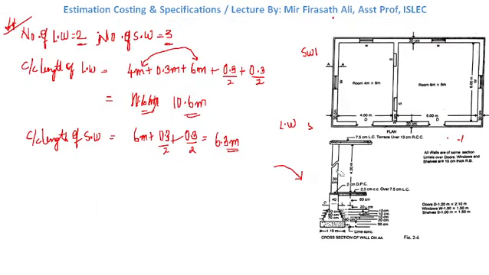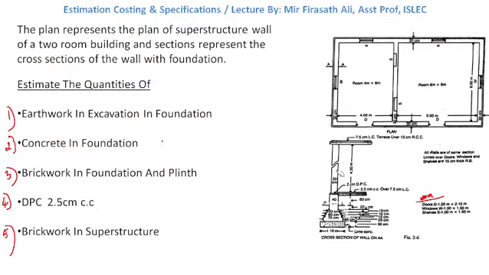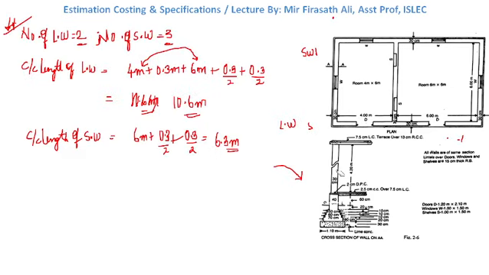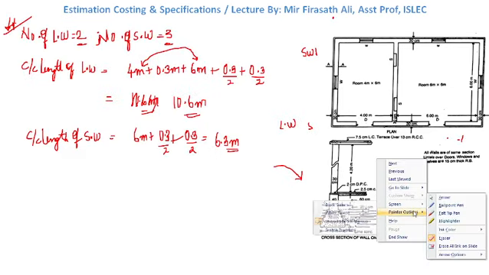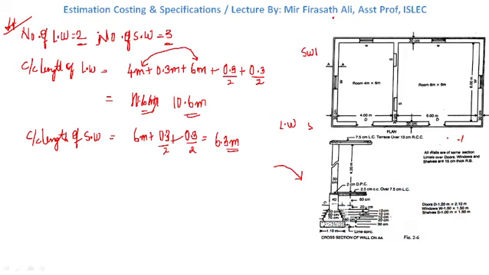After determining the concrete in foundation, our next step is to determine brickwork in foundation and plinth. This is somewhat hectic, somewhat complicated thing which you need to understand, as the width of the foundations continuously changes and you need to decide which is our first foundation and which is our second foundation. So how many foundations do we have? You just check it over here. If you look at this figure closely, you can see this as the 80 centimeter one.